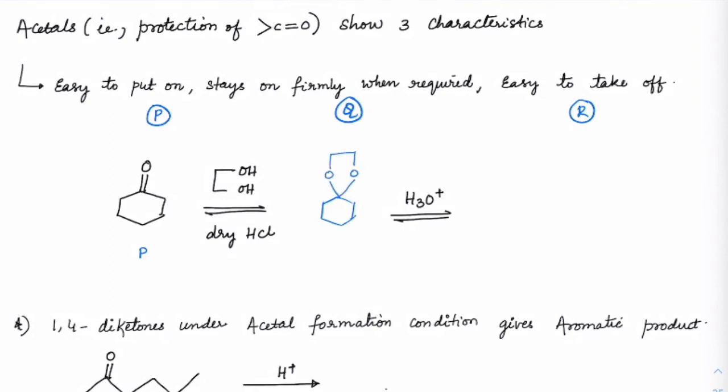This is masking, and after whatever the reaction we have to get done, first of all it will stay firmly, which means it is very stable. Once it is stable, afterwards when the reaction has to be done in aqueous medium, then it will come out very easily as well. So a double bond will be formed here. So you will get back to this. So these are the features which you will see.